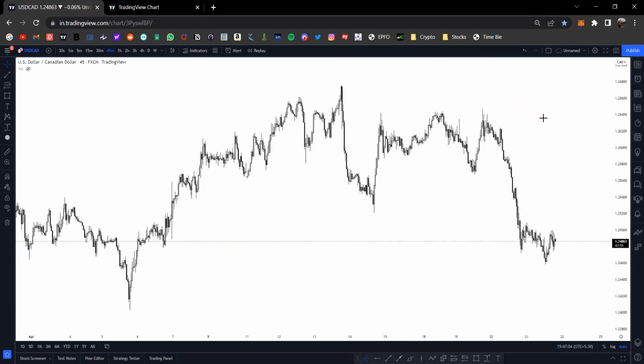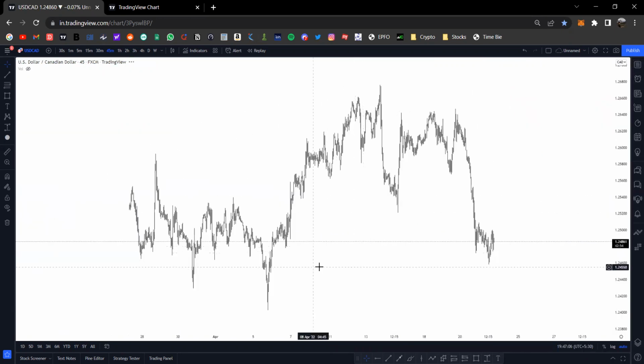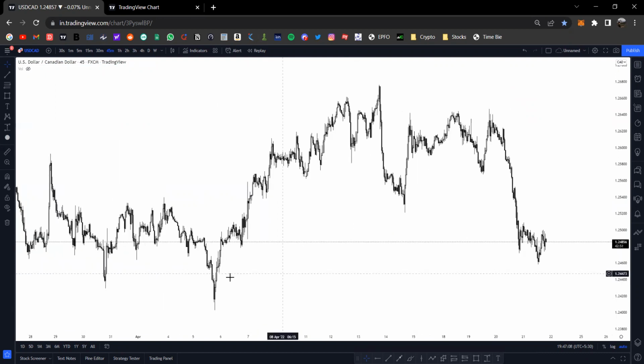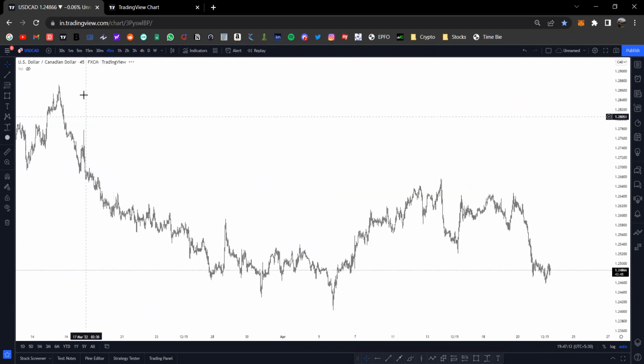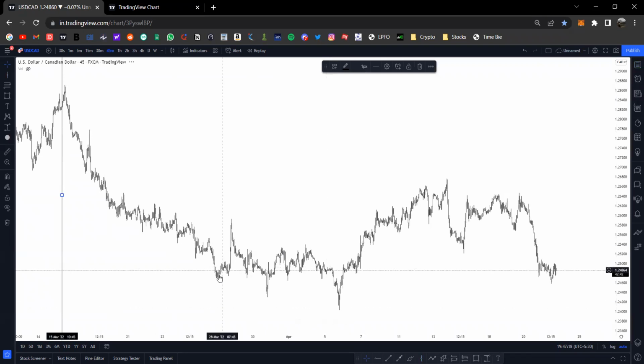You see here in 45 minutes, price has taken out all the liquidities from here. Price is moving to the downside. The highs, sorry, the high, the low,